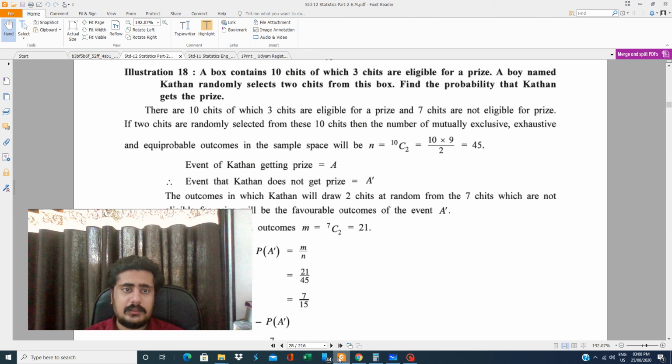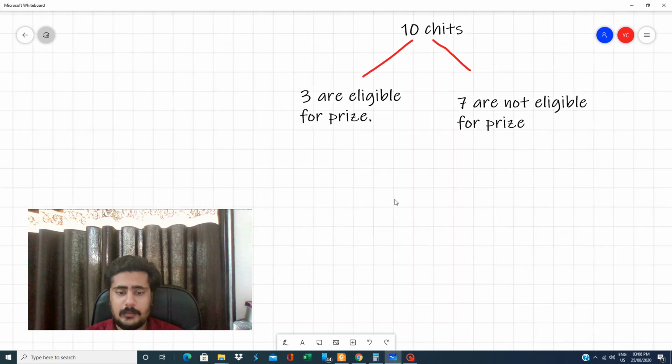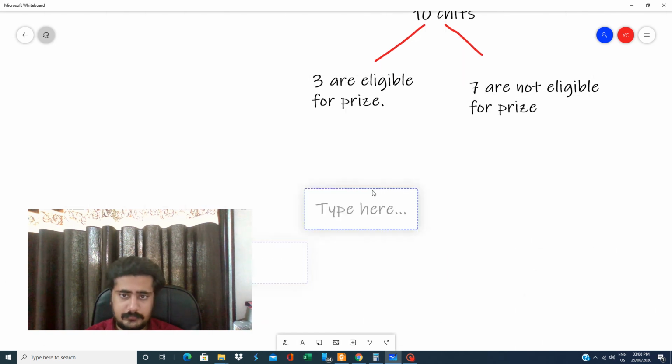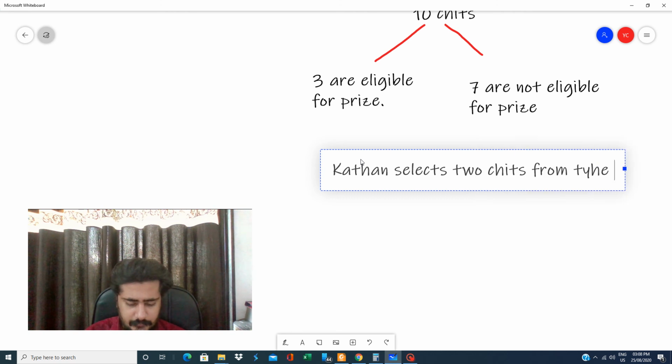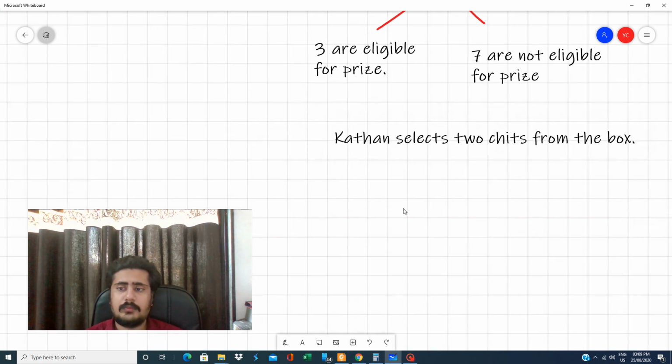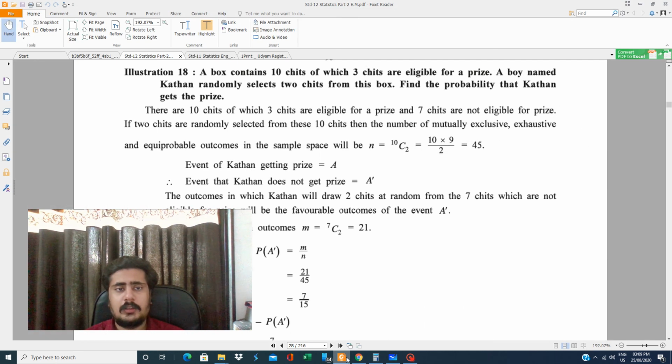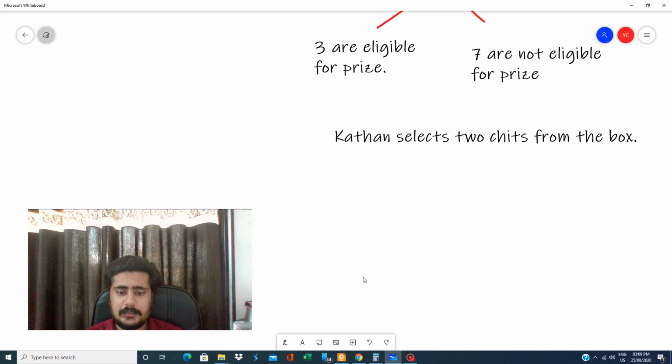Now Kathan randomly selects 2 chits from the box. I'm still writing the question. Kathan selects two chits from the box. Find the probability that Kathan gets the